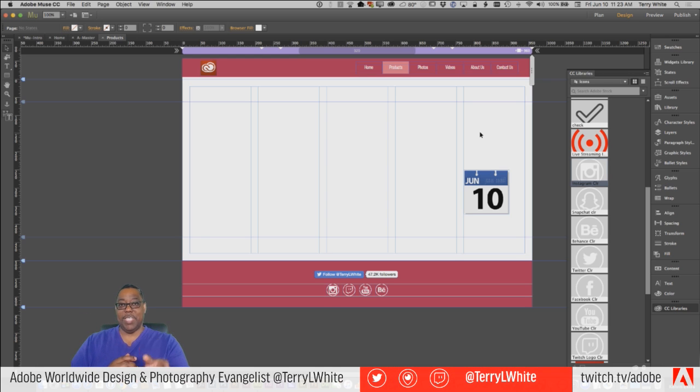So I don't have to do this example as much as I used to unless this were going to be on more than one page. And not every page, because then I just put it on the master. But if it were going to be on more than one page and I didn't want to have to update it more than once, then yes.